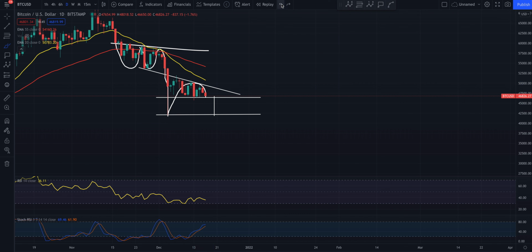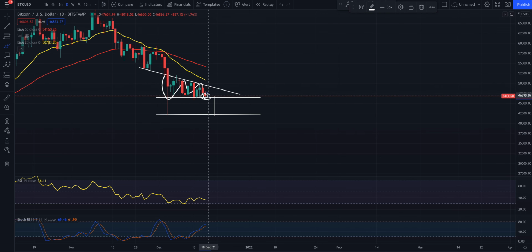So there's two potential plays here in my eyes. You've got a bearish play, lose this support, go short. And you've got a bullish play, which is this ascending triangle. If you hold here, hold support, break out of this resistance, go long. So it's either short or long, depending.